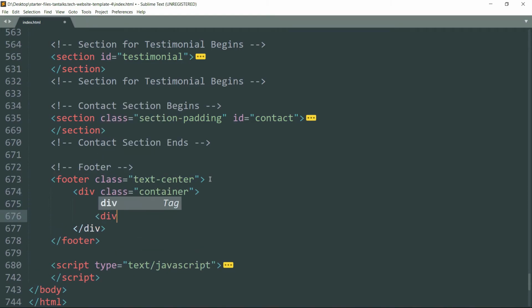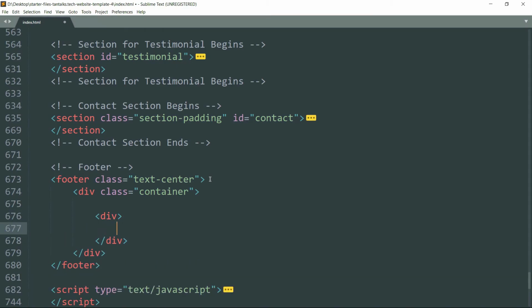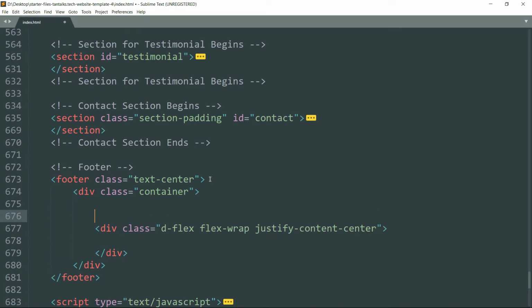Then get inside and create another div tag and write class as d-flex, then flex-wrap, then justify-content-center. This d-flex will change the display property of this div tag to flex, and this flex-wrap will make sure